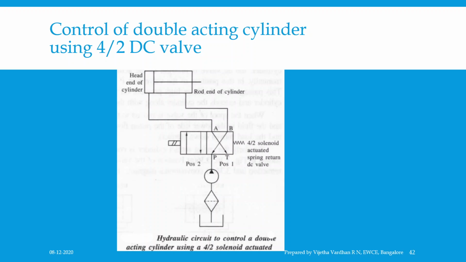Again, when the valve is brought to the normal position, that is position 1, the cylinder is retracted. Thus, the extension and retraction of a double acting cylinder is achieved with the help of a 4 by 2